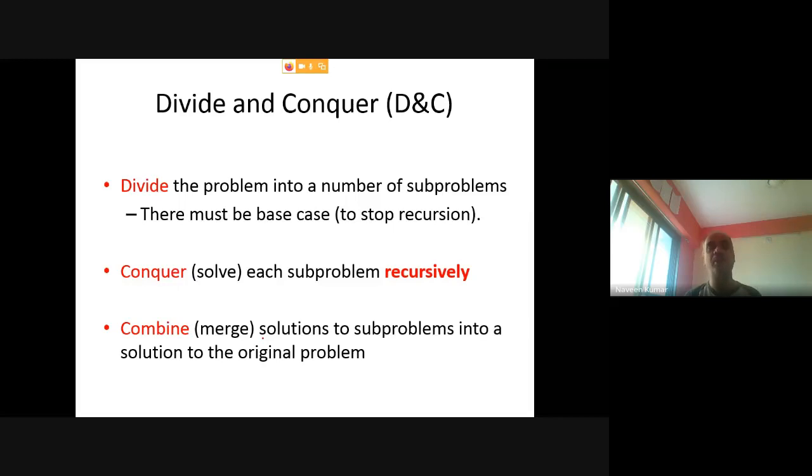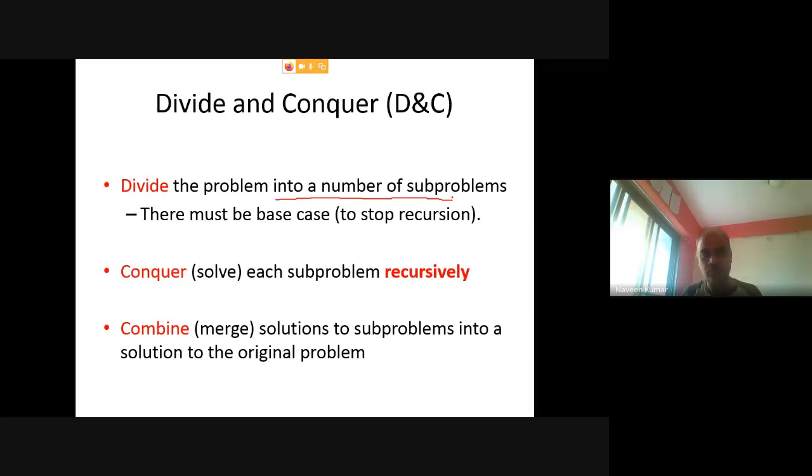So divide means what? Divide the problem into a number of sub problems. Why are you dividing? Assuming that the actual given problem is complex to handle, divide that problem into smaller sub problems, with the assumption that smaller sub problems are easy to handle.